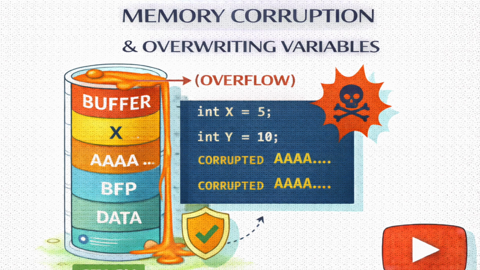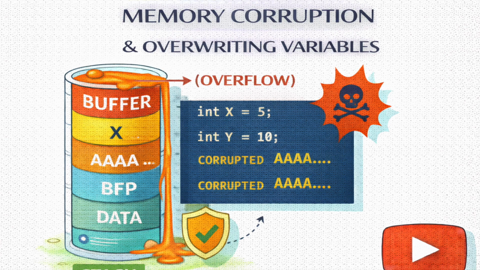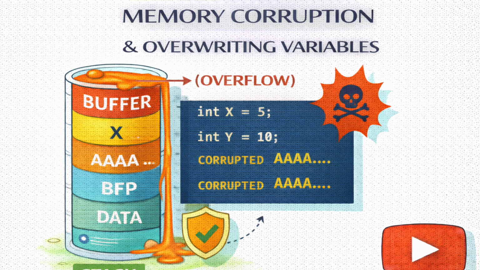A clean sweep. Let's break those down. Availability seems pretty obvious. If I crash your computer, it's not available. Right, that's the most basic consequence. You cause a segmentation fault, the program dies, and you've killed availability. Then there's confidentiality. In a worst-case scenario, a Stack Overflow leads to remote code execution, or RCE. That is the nightmare scenario. It's where an attacker uses the overflow to run their own code on your machine. They can read your files, steal your passwords, open your webcam. They have total control. So confidentiality is just gone, which is basically game over.